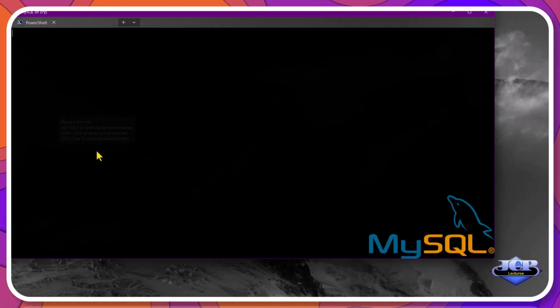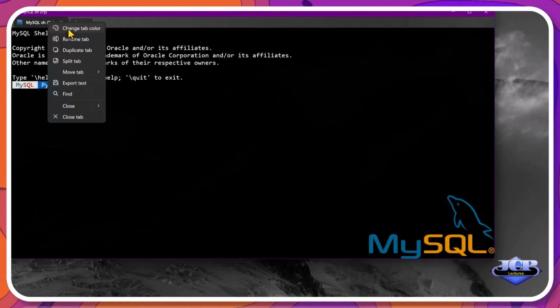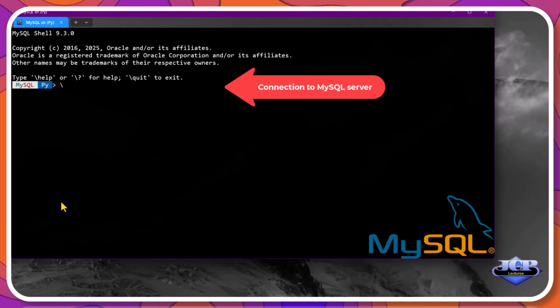Let's open MySQL Shell in Python mode, and connect to the localhost server with user Gennaro at port 33060.